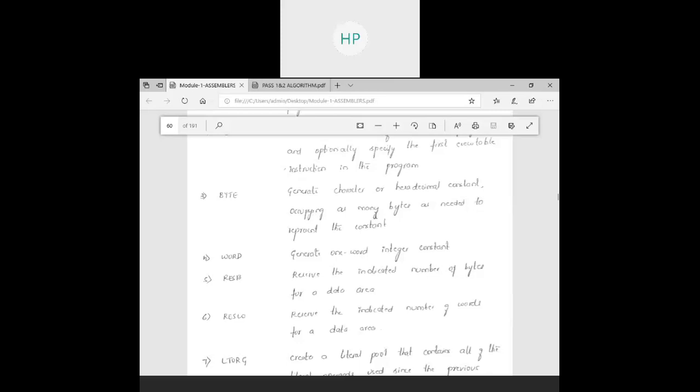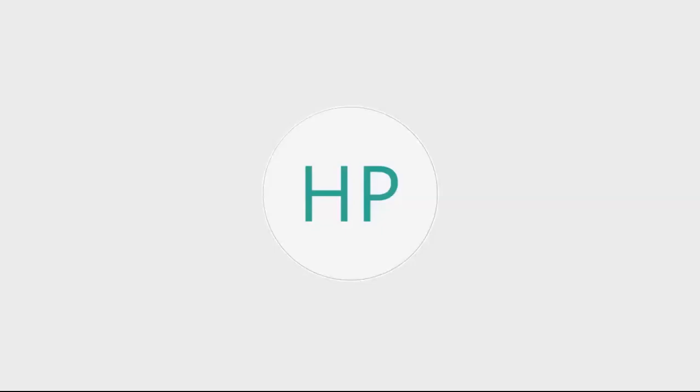And end. See here, end, and you have the operand of this, which is my start directive. This will indicate where exactly I have to start executing, where the control should start from. This is my program name, this is my directive, and this is the starting address.